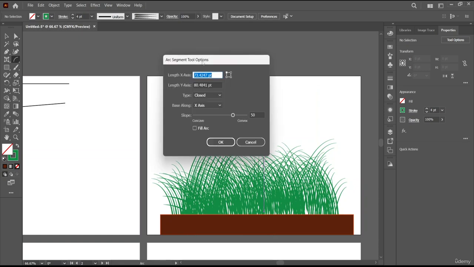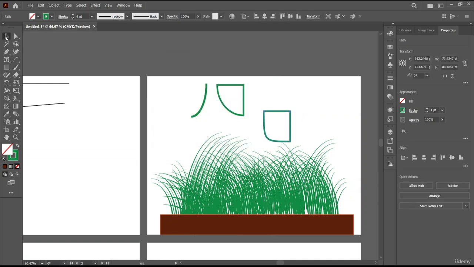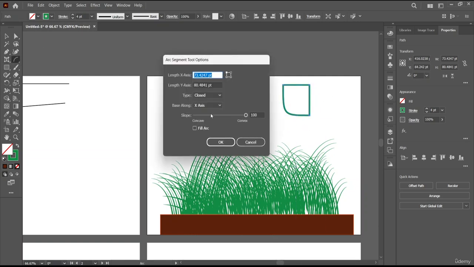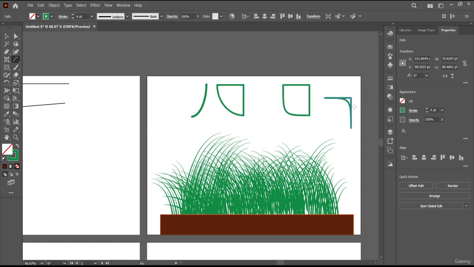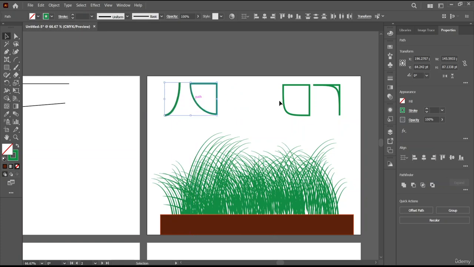All right, let's click on it again, and this time we will select a base along the X and Y axis using this option, and here we can either select the slope to be convex or concave. First, if I select convex, you will notice that this is what it does. Our shape's curve is more convex. Now let's select that again and create a more concave one. Now you can see that this is what the concave does. All right. Now that we're done with this part,